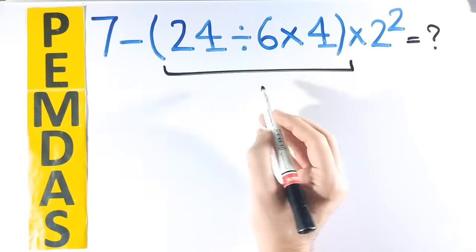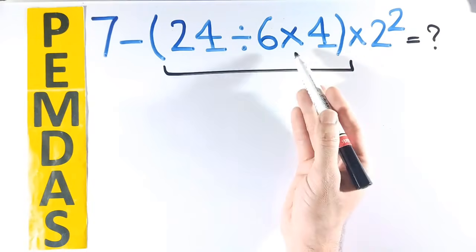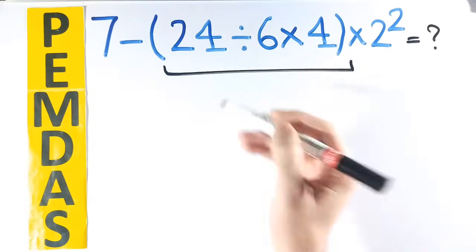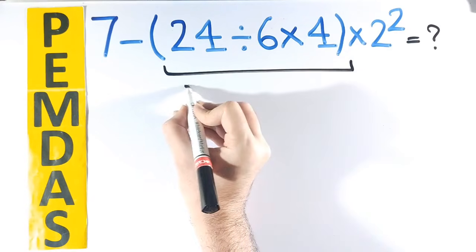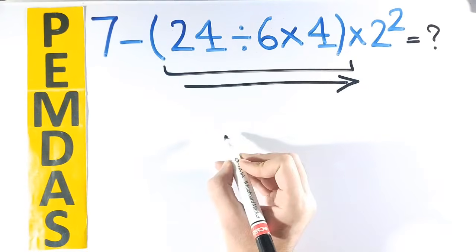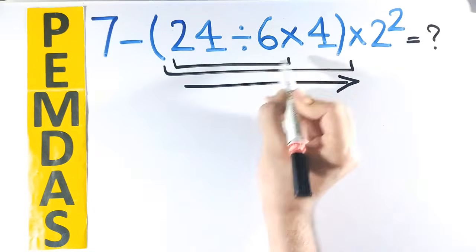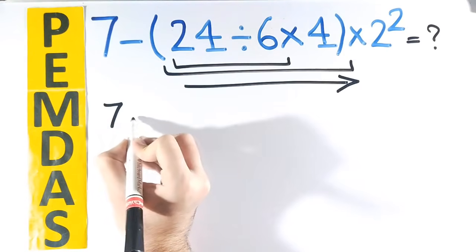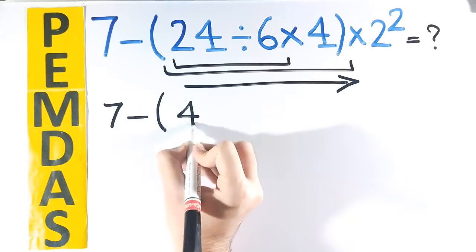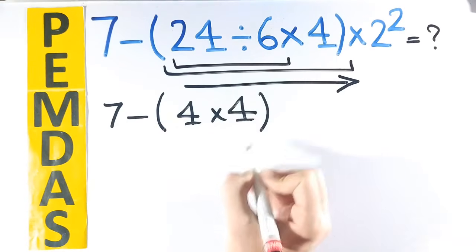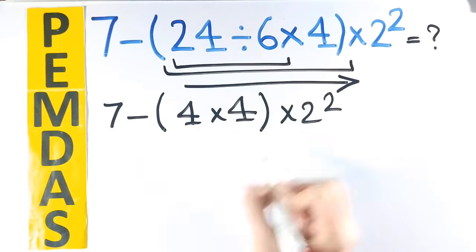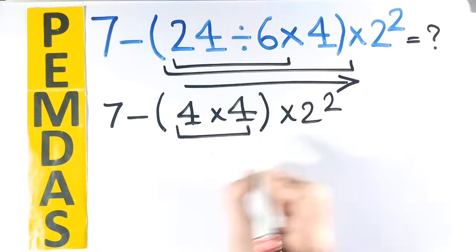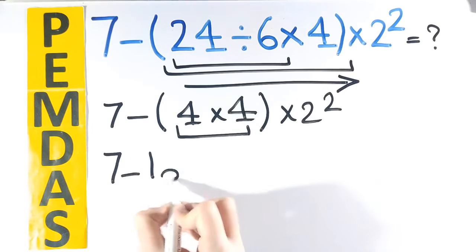And inside the parenthesis, we have one division sign followed by a multiplication sign. It's really important to understand that multiplication and division have equal precedence and we must perform these two operations from left to right. So, first you go for the division between 24 and 6. And instead of this expression, we can write 7 minus open parenthesis 4 times 4 close parenthesis and multiplied by 2 squared. Then we go for the multiplication between 4 and 4 and write this expression as 7 minus 16